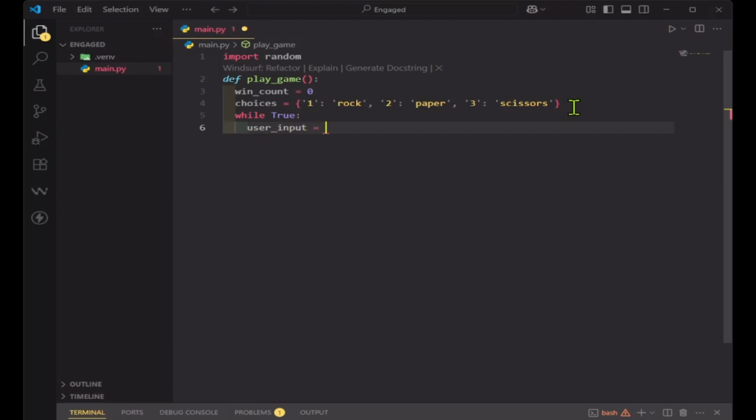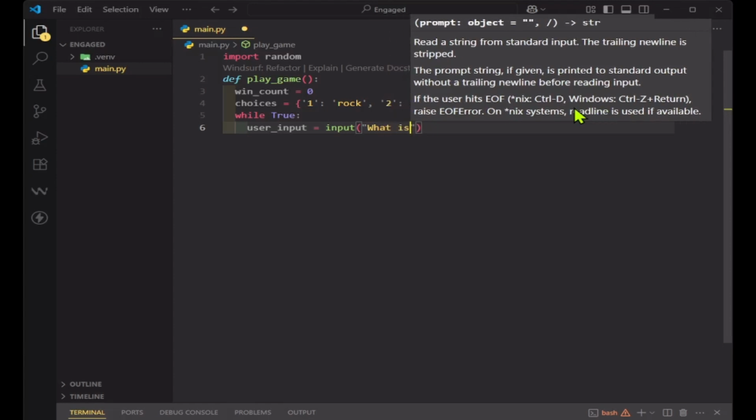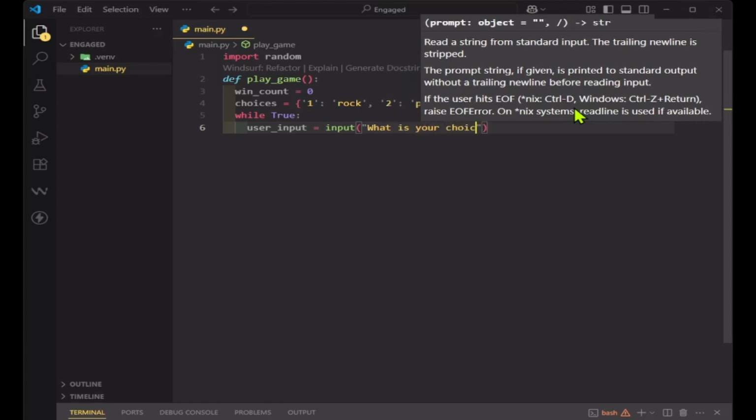So we are seeking the user's input, what choice they would like. Input, and what is your choice? Okay, that is the question we pose, and the choices are